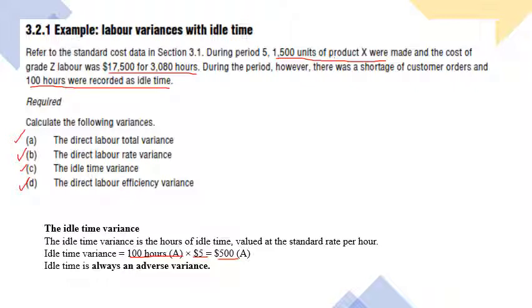So I'm just winding up my video here, in which I explained the labor variance. Labor variance was basically divided into two parts. One was your labor efficiency variance, the other one was labor rate variance. We also calculated the idle time period in which the labor does not work but is being paid for it. So in the next lecture, I will explain the variable factory overheads.